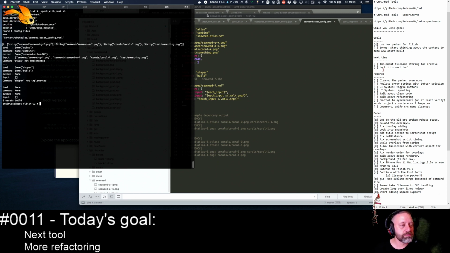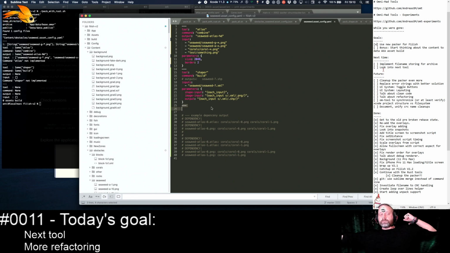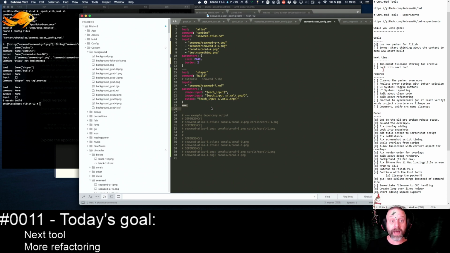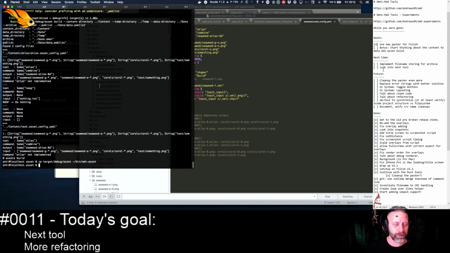So the input is right. The output is there. Input is empty for the shaper because we didn't implement inputs yet, and then we have the empty one down here, which is kind of fine. So this is starting to work. But I will give up for today. Well, I'm not giving up yet. I will do one more thing, and that is